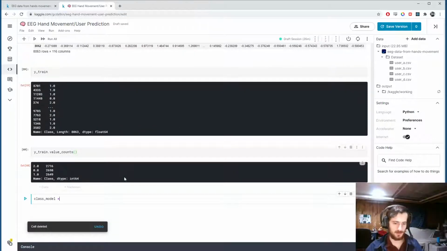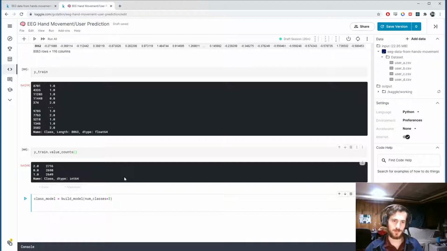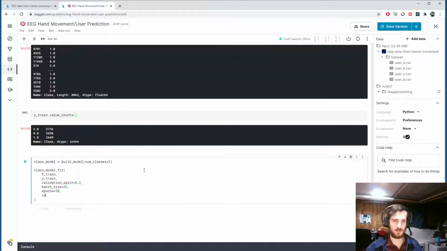And class model will call our build model function, and we'll specify the number of classes to be 3. Then we're going to fit the model, class model.fit, on xtrain, ytrain, and we'll give it a validation split of 20%, a batch size of 32, and we'll train for 50 epochs, but we'll also include a callback function,